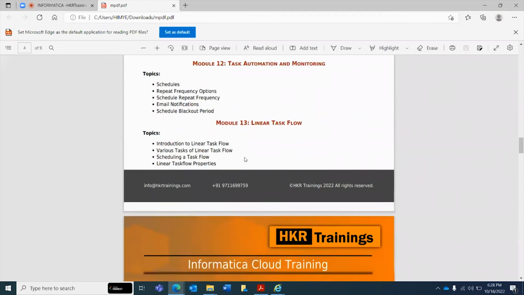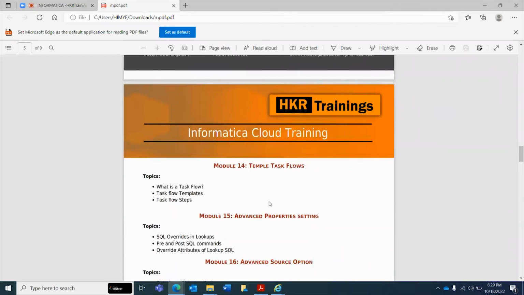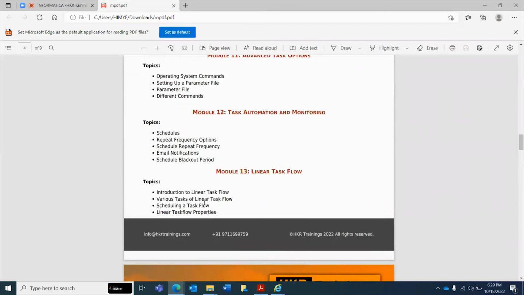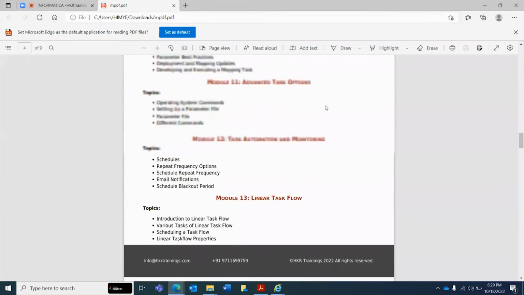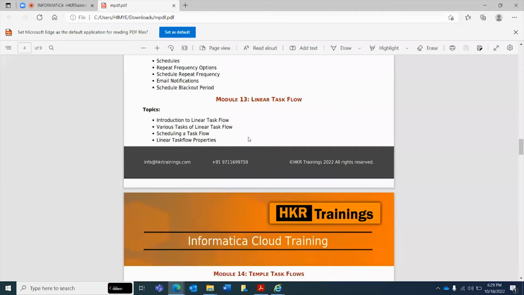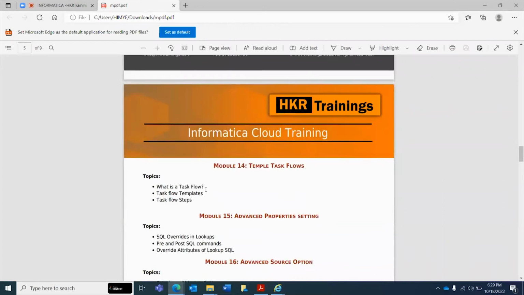And coming to the task flows, we have different types of task flows. One is advanced task flow, linear task flow, and we have parallel task flows, and a lot of other task flows. And linear task flow is one which we use very rarely. To run the mapping tasks, whatever mapping tasks we have created, if we want to run them linearly, then we can use this. And we'll be going with the advanced task flow as well, which has multiple steps.